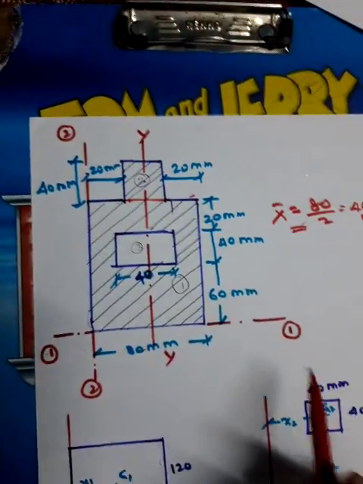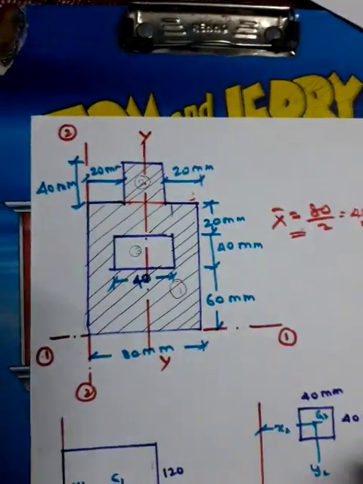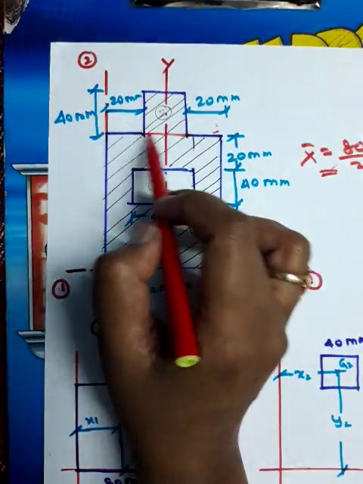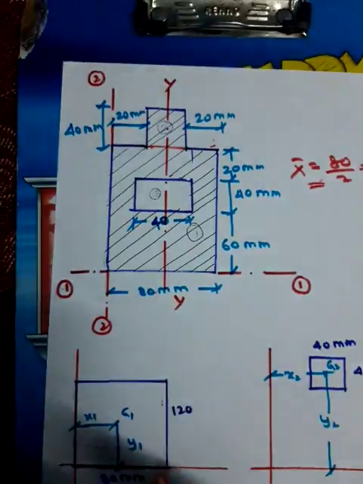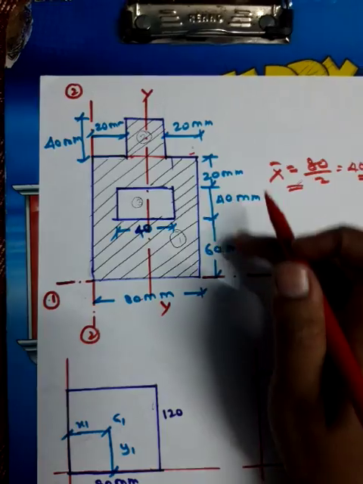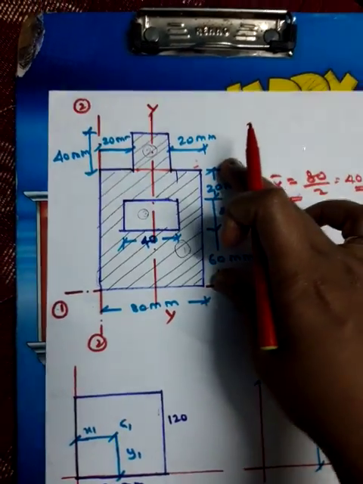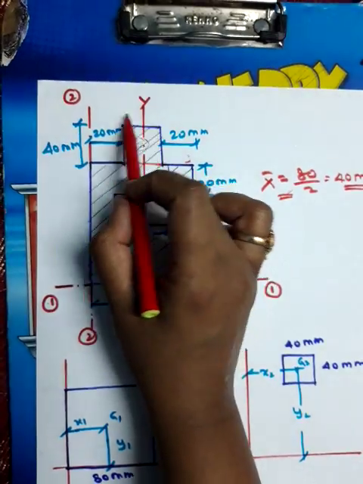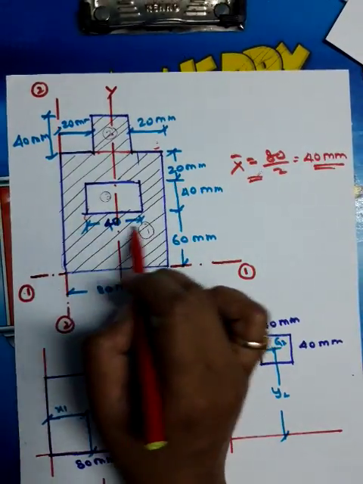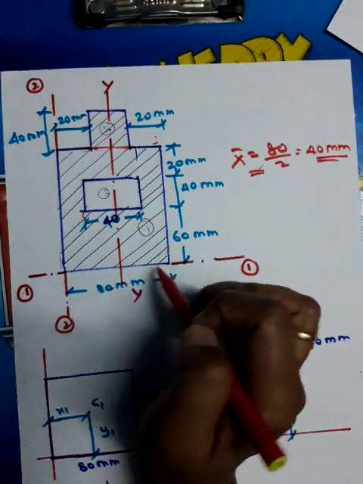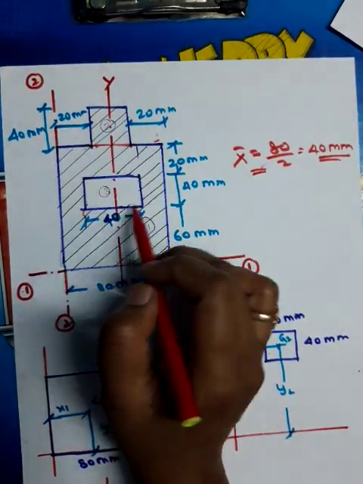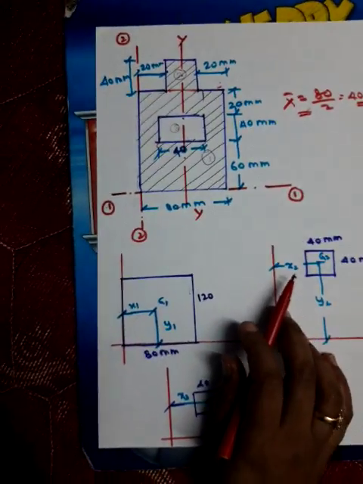Now I am going to divide this particular composite figure into small areas. This is one smaller area, this is one smaller area, this is one smaller area. So now we have three rectangles here. The bigger rectangle is 80 by 120. Then you have one more rectangle, 40 by 40, and one more rectangle, 40 by 40. The bigger rectangle and this rectangle I am going to add, and the third one I am going to deduct from the figure.